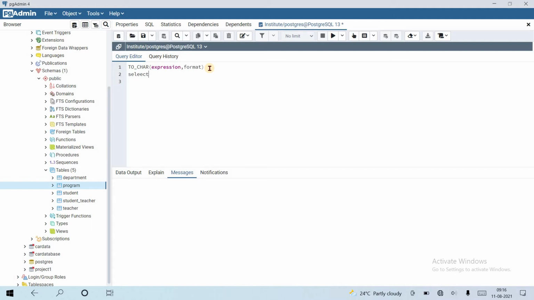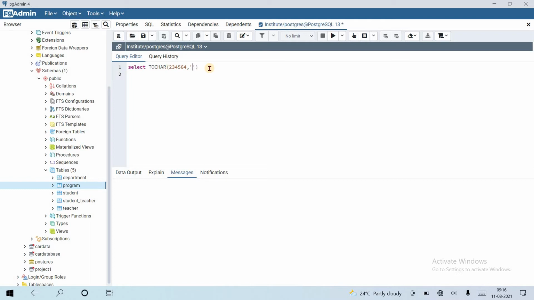Okay, let's see. Suppose select to_char, from the expression, suppose 123456 or anything.